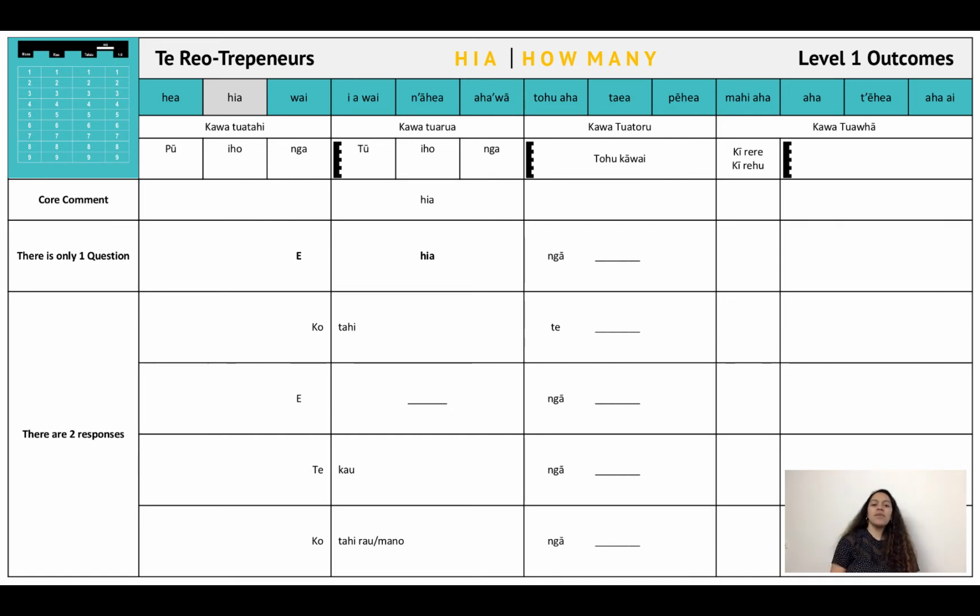Alright, so a bit of a recap. Here we go. Key question. How many chairs are there? E hia ngā turu. There is 1 chair. Ko tahi te turu. There are 2 chairs. E rua ngā turu. Now you can go right up to